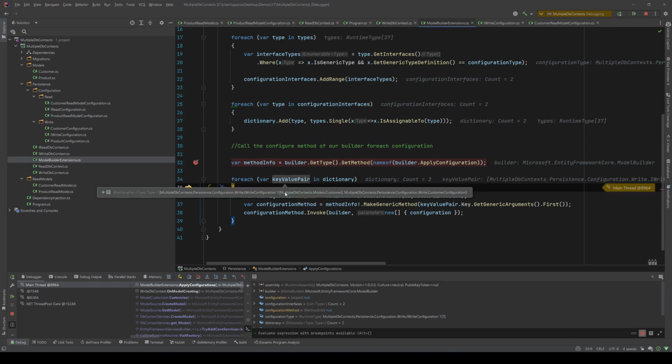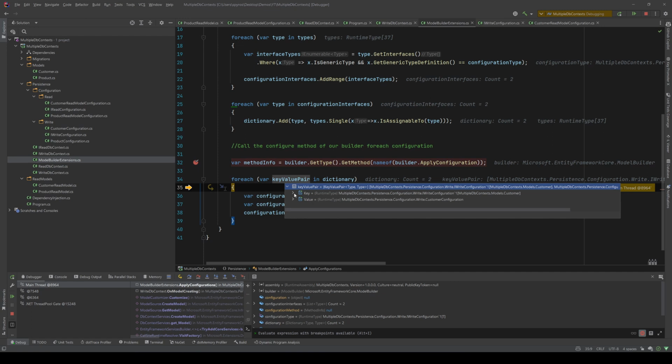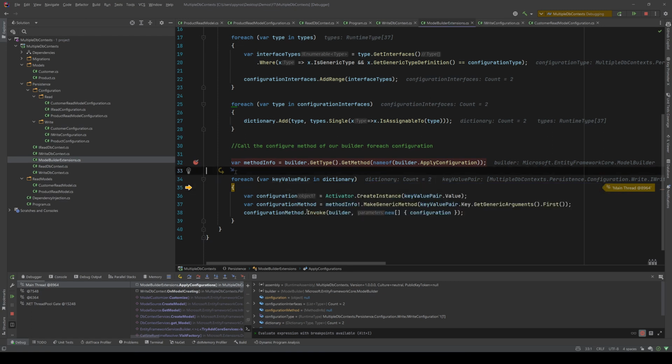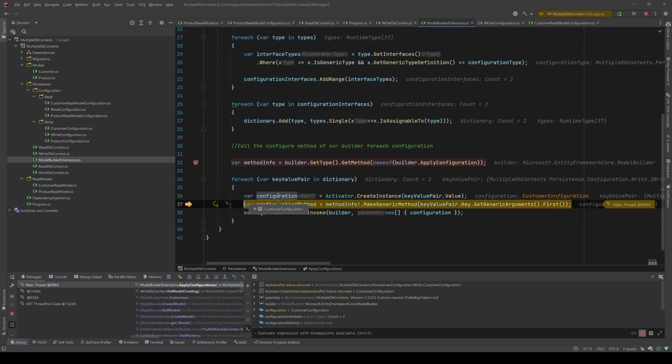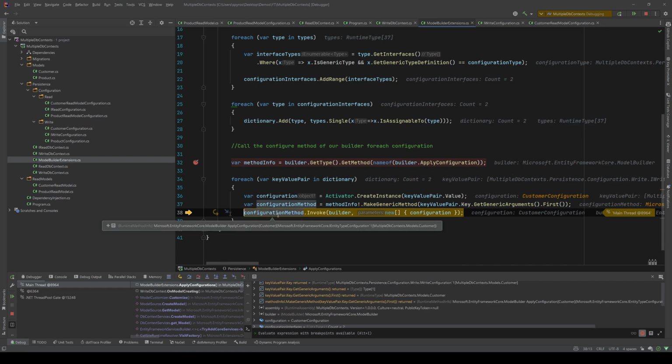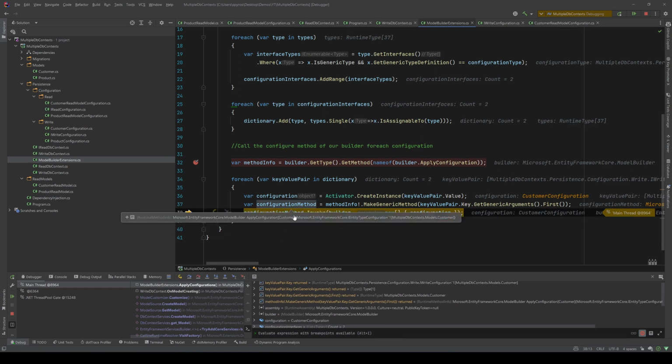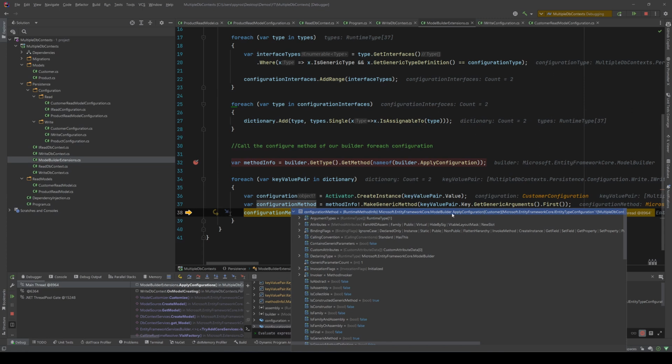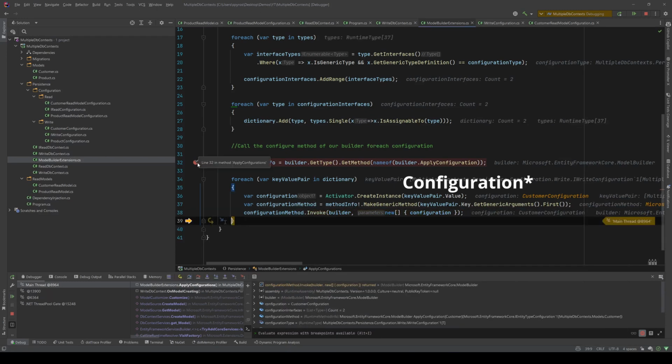So our first keyValuePair has as key the IWriteConfiguration of Customer and the CustomerConfiguration, and now we will create an instance of that configuration. So as you can see, that configuration is a CustomerConfiguration, and now we will create that configuration method of Customer, and as you can see, it's an ApplyConfiguration method that takes as a parameter an IEntityTypeConfiguration of Customer. And now we will apply that configuration, and our application will do the same for the ProductConfiguration and then the same for the DbContext. So let's hit continue,